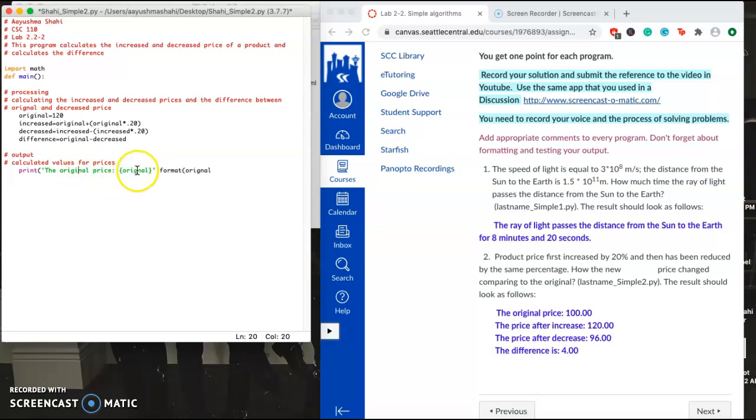So original is equal to original, and then close up one more time, and then we're gonna print